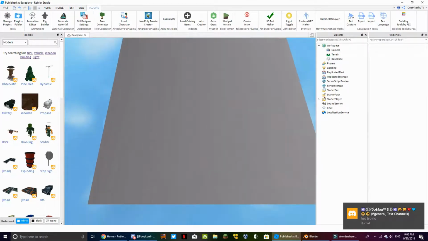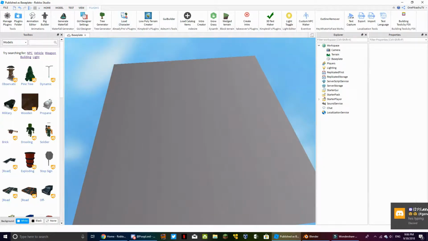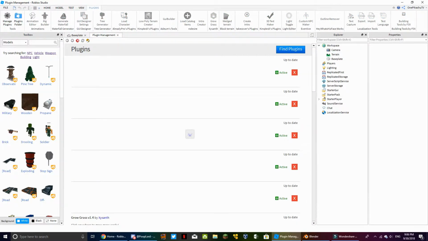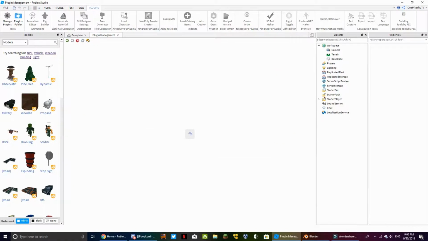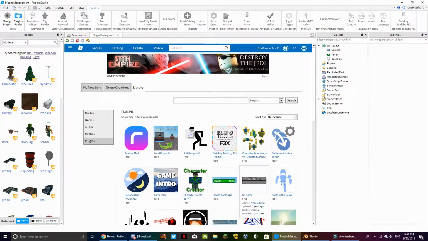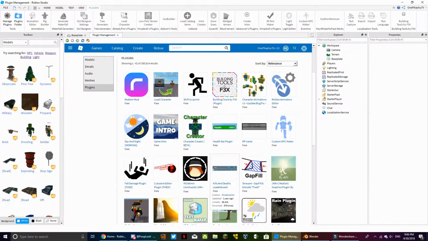So first off, we'll need to start off with getting the plugin, which is Load Character. You can go into Plugins, Manage Plugins, wait for it to load, my internet's slow, then press Find Plugins, and then you should load into like a Roblox store. Go ahead, find